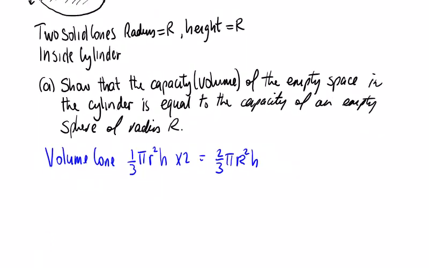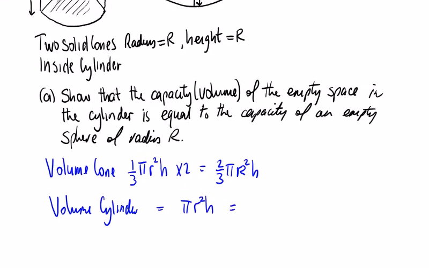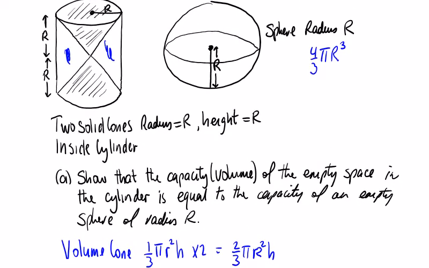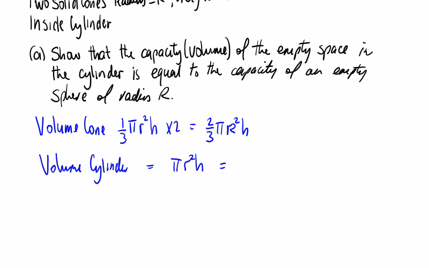And the volume of a cylinder is equal to pi r squared h. So for our cylinder, we can see that h is actually 2r, these two here. So we have pi times r squared times 2r, which is 2 pi r cubed. So we're dealing in thirds here, so we have 6 pi r cubed over 3, which is the same as 2 pi r cubed, minus 2 pi,